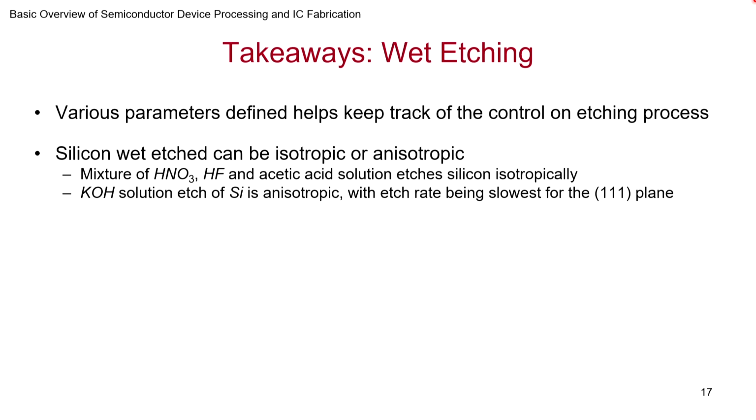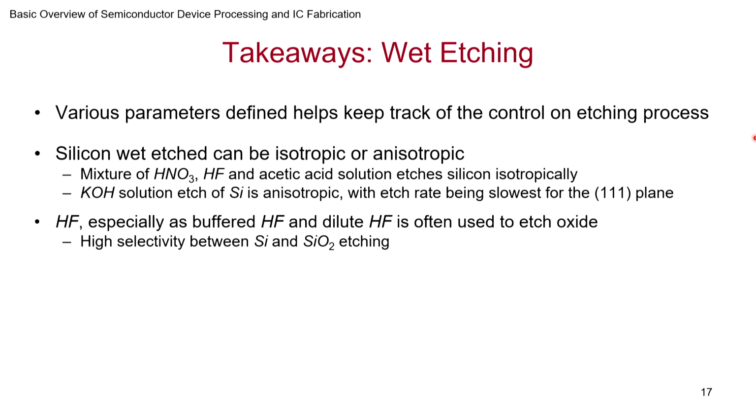It will etch in all directions, and you have to make sure it's not a rapid thing, so that it doesn't randomly make the surface rough. You can use different constituents so that it smoothly removes the silicon. KOH, on the other hand, is anisotropic, and it will be limited by the 111 plane, and depending on the wafer you are choosing, you will find that that will be the plane that will be exposed.